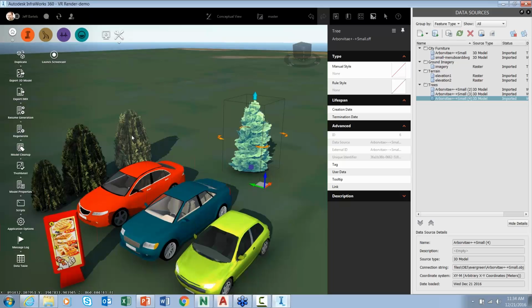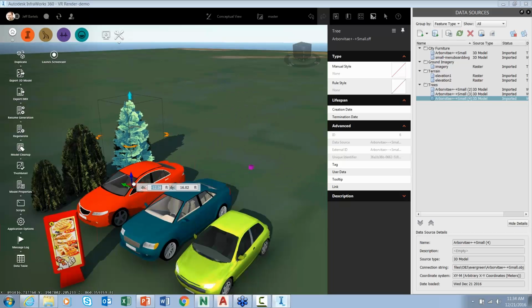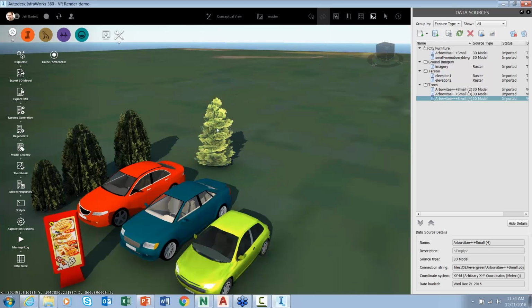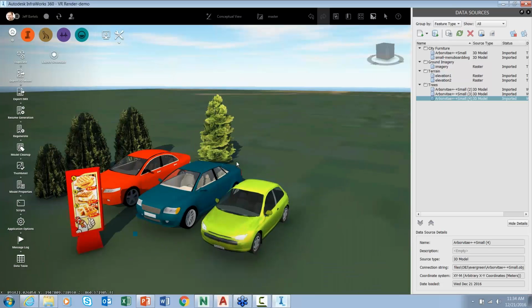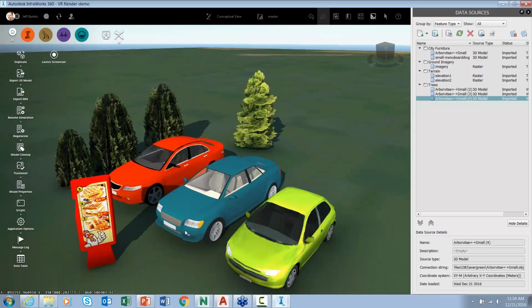So now that I have that tree, I can move these over to occupy the space of the ones that I already have, and then I can remove those. So the nice thing is I've grabbed this tree, I've tested this tree, and I know that this tree will render properly in the VR environment. Another thing when it comes to the cars,